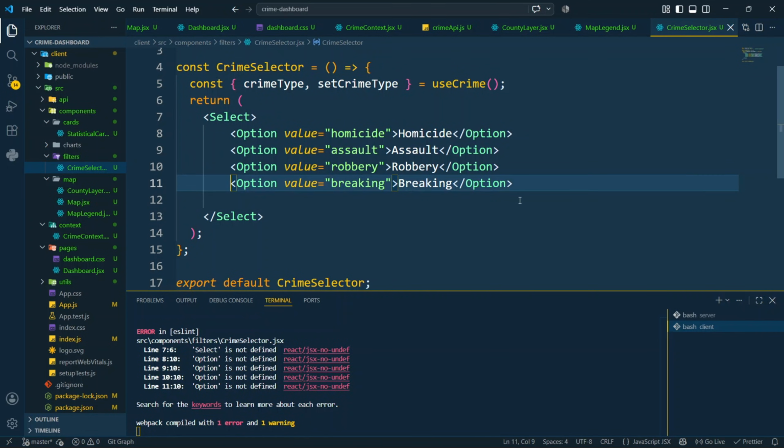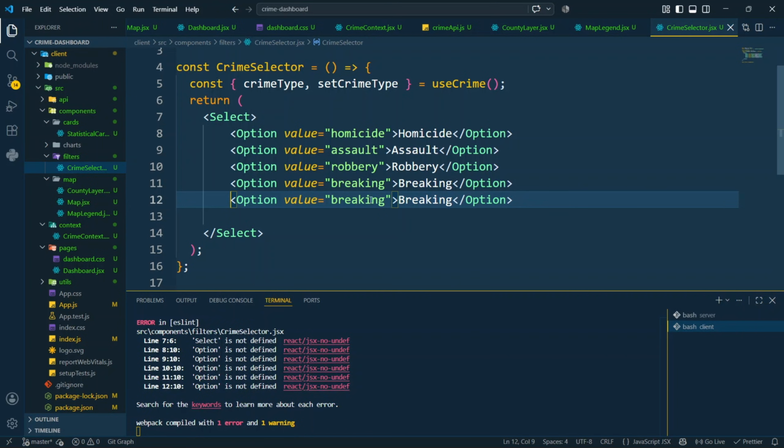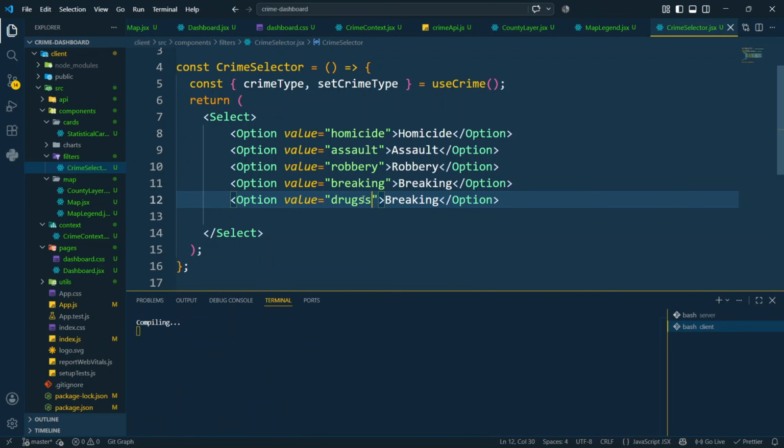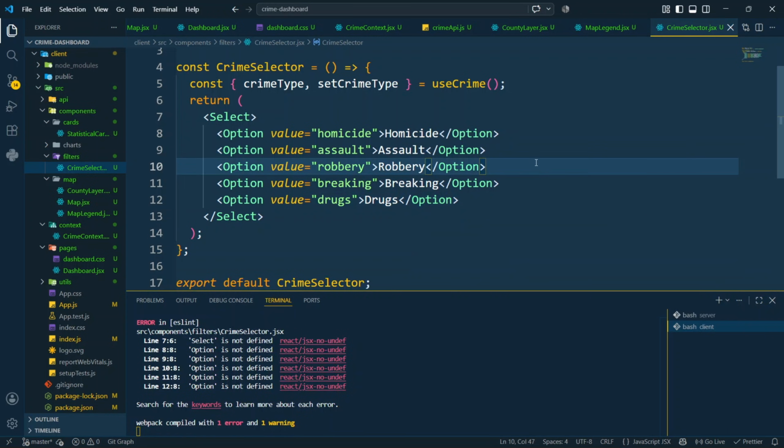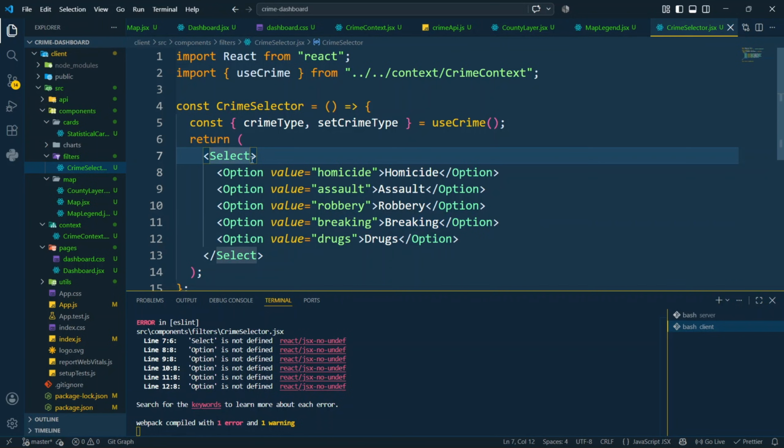So here we just need to duplicate this one more time and then change this from drags to drags like this, and also this one to drags like this. Okay, so this is our selector option. Now inside this we need to have the class here, and this we need to get the value from the